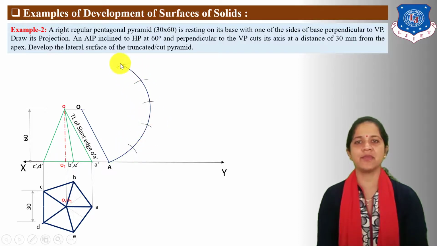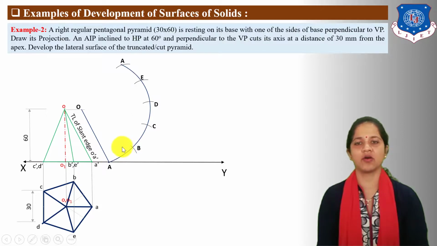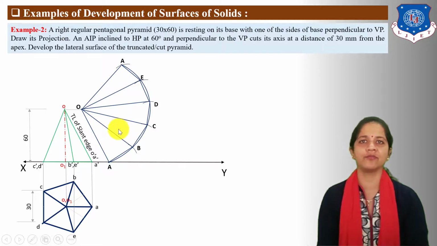Here mark base points of the pentagonal pyramid as A, B, C, D, E and A. First and last point are always the same in development. Next, connect base edge of each and every triangle AB, BC, CD, DE and EA. Next, connect slanteds OB, OC, OD, OE and OA. Here you can see 5 triangular faces are open in development of pentagonal pyramid.